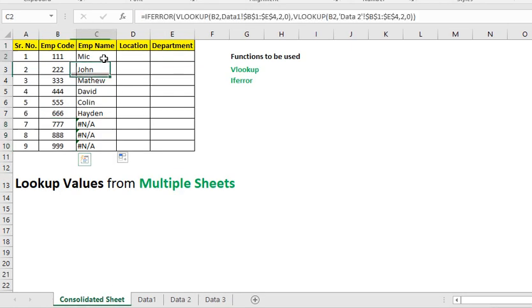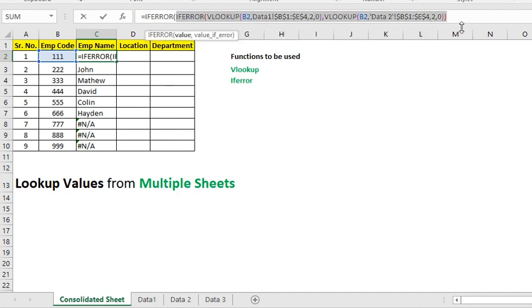Again we will put another IfError before this IfError. Okay, IfError. If I get error from this formula, okay, then what I need to do?